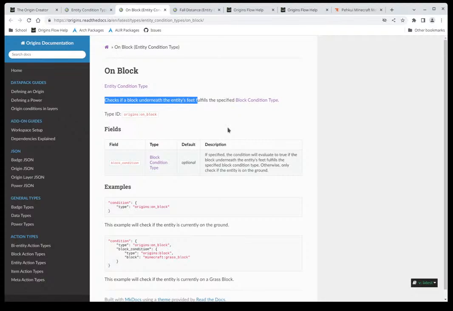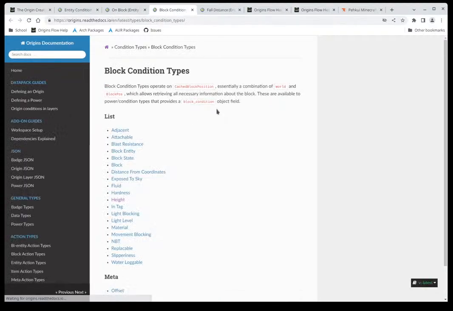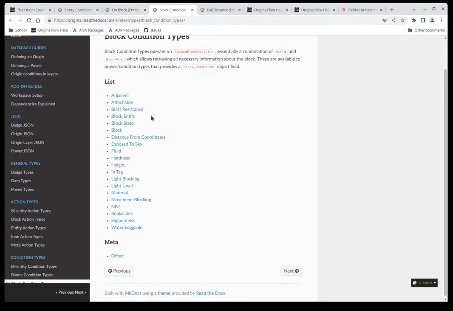Block conditions, you can just think of them as they test the block. That's all. They check what it is. So, for example, they check if it's a grass block. They check if it's air. They check if it's in a specific biome, what the temperature of the biome is, or light. I think light is another one. Maybe it's better that I go there instead of describing it. You can check the NBT of the block. You can check fluid there. You can check a lot of things. But